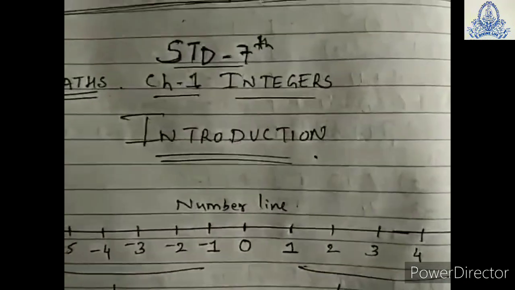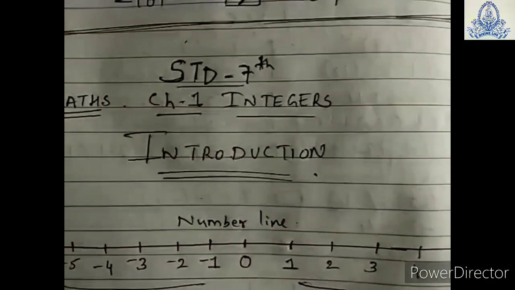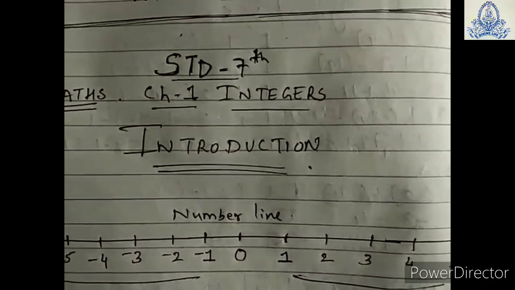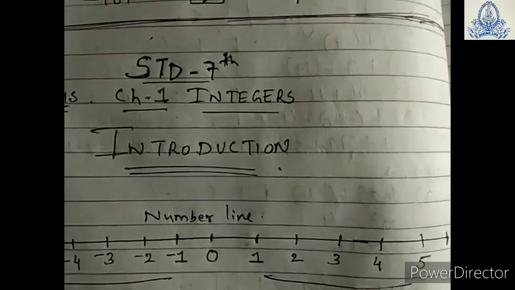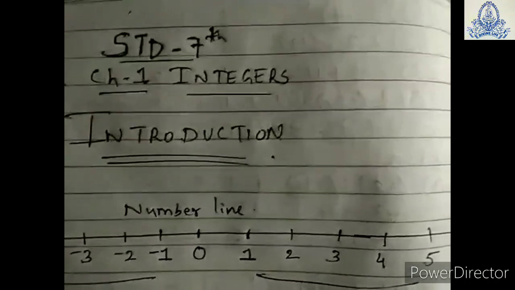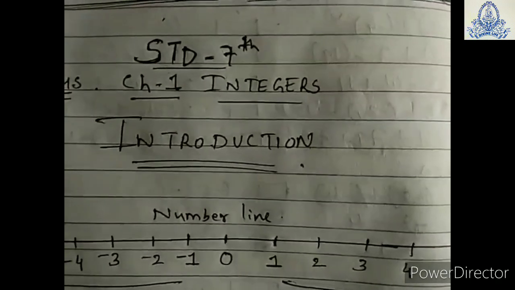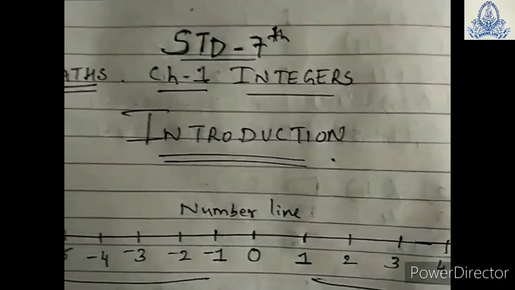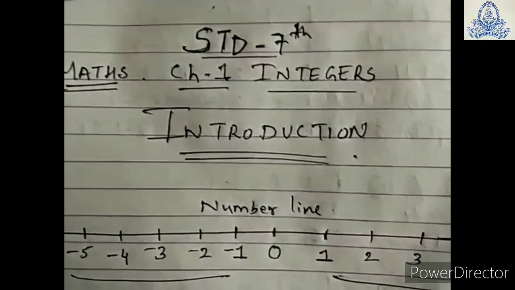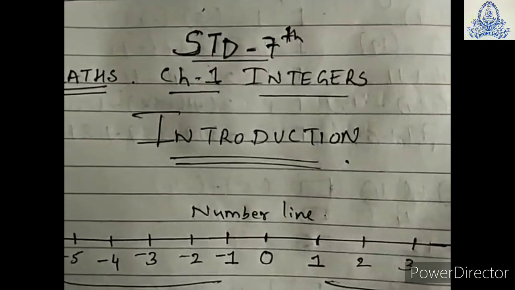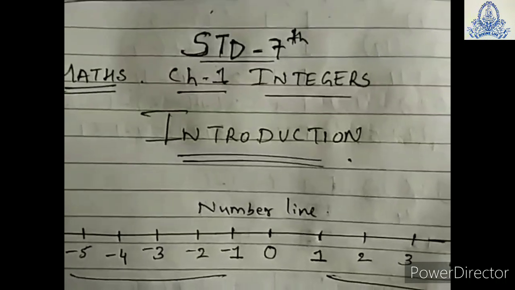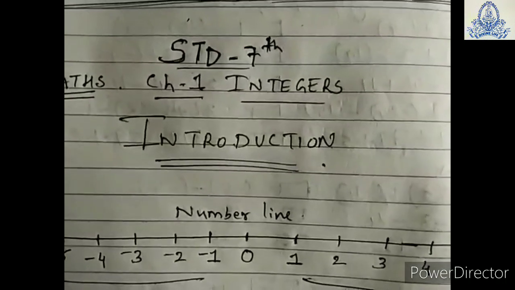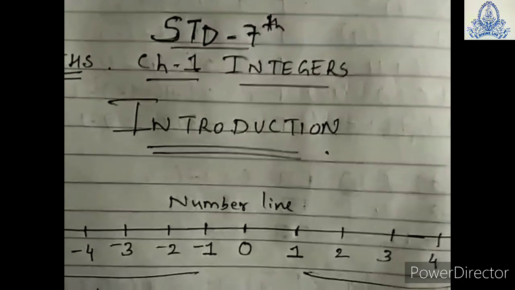in the number line. On the right hand side of 0, there are always positive numbers, that is positive integers, that is 1, 2, 3, 4, 5, and so on, infinitely you can count it. Same way, on the left hand side of 0, the negative integers are there, -1, -2, -3, -4 and so on. So in the integer chapter, as I am telling you, integers consist of numbers which might be positive numbers or negative numbers.